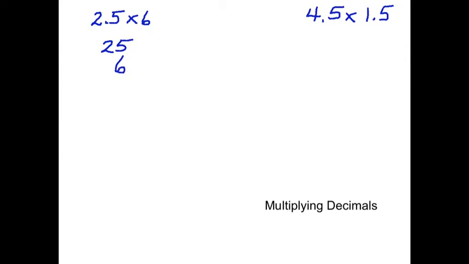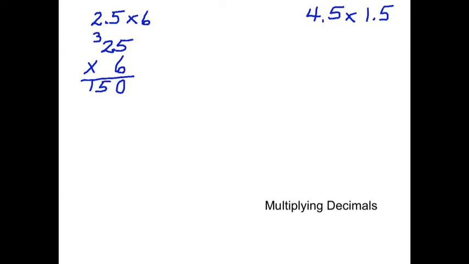So 2.5 times 6 you set up as 25 times 6. Now the decimal is still there, we're just going to ignore it until the end. So multiply as usual, 6 times 5 is 30, carry your 3, 6 times 2 is 12, plus 3 is